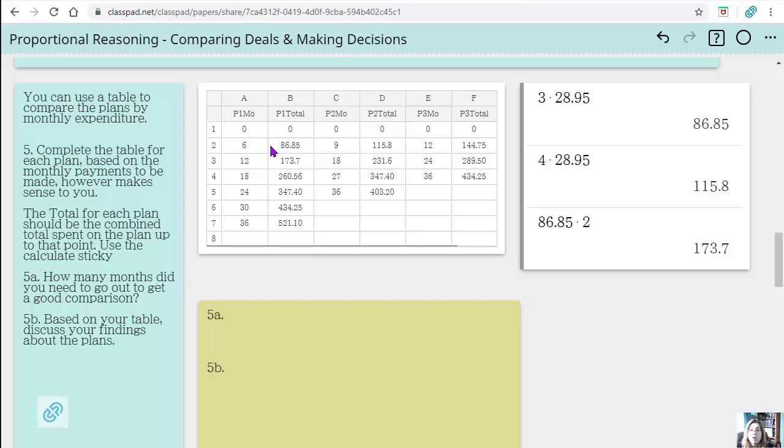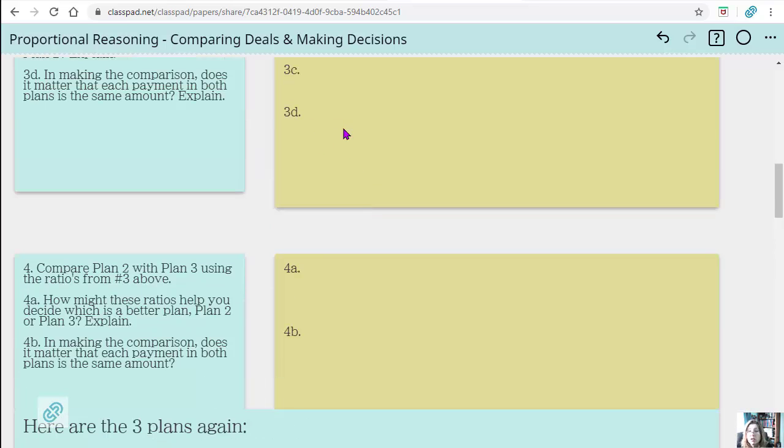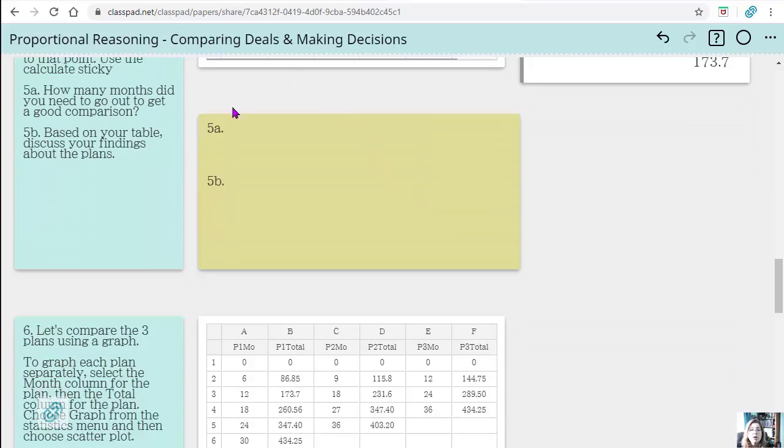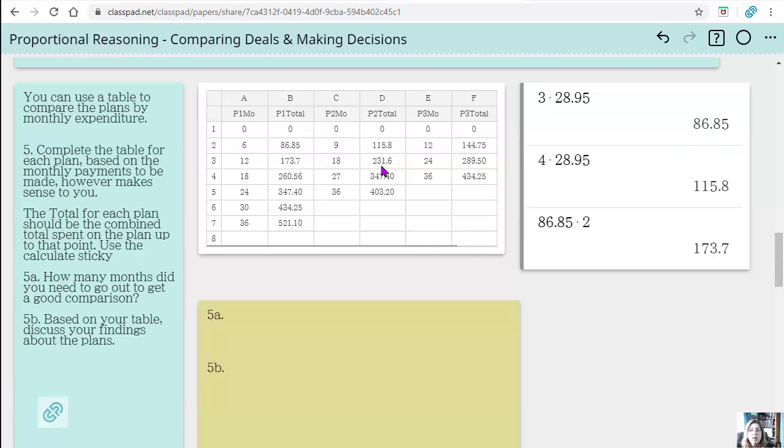And so those are the questions you want to be asking. You're going to be looking at, you know, ratios at that time, or what are you paying per month? Maybe a unit rate would be helpful. So how is the table helping us make maybe some different decisions than when we just looked at the ratios of the months and payments? So now we're going to come back down, and the next thing they're asked to do is look at a totally different representation and kind of compare the growth over time of each plan.